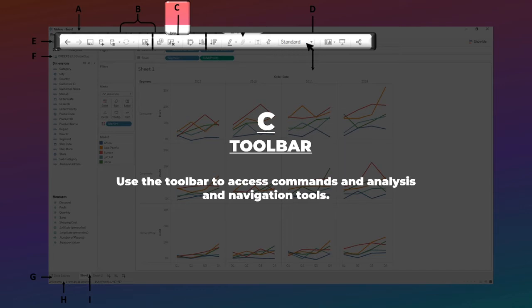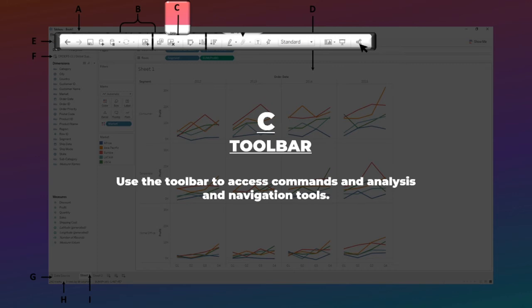Beside to this, toolbar also has features of fit size, show hide card, presentation mode, and sharing features on Tableau. So with this feature, we can share the full workbook with other people also. So this toolbar is very beneficial in terms of creating a data source, creating a sheet, using the sheet for visualization and for sharing the data.